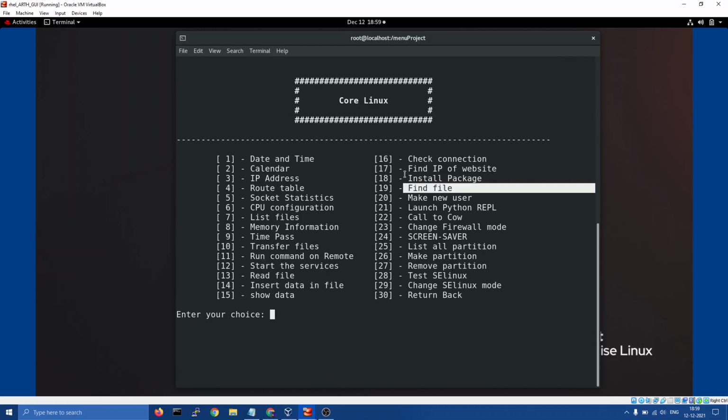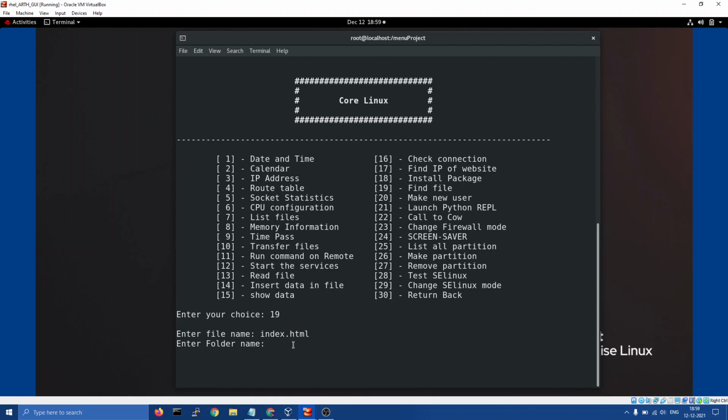Install the package uses the yum command behind the scene for installing any package. Find the file is for finding any file in your Linux system; behind the scene it uses the find command. Okay, let's find a file. Enter the file name. Let me give index.html.